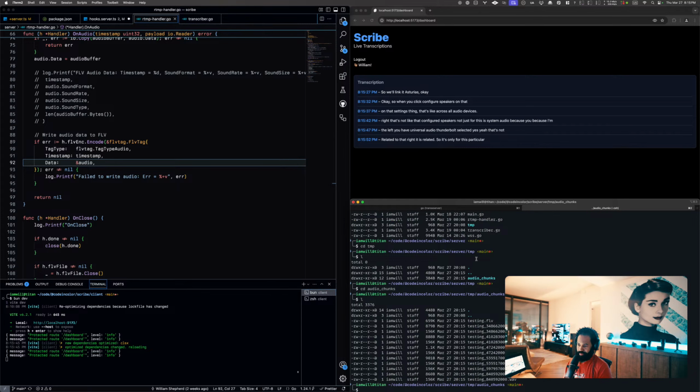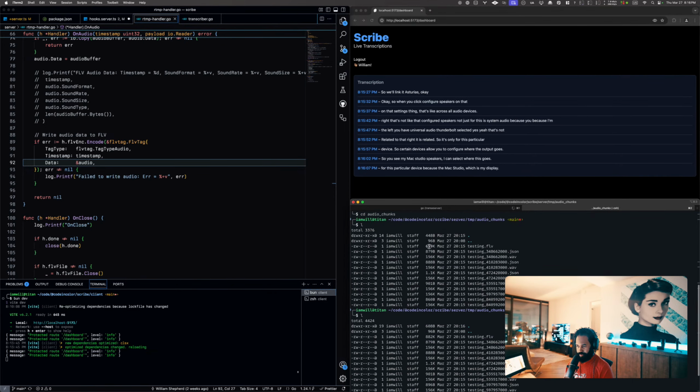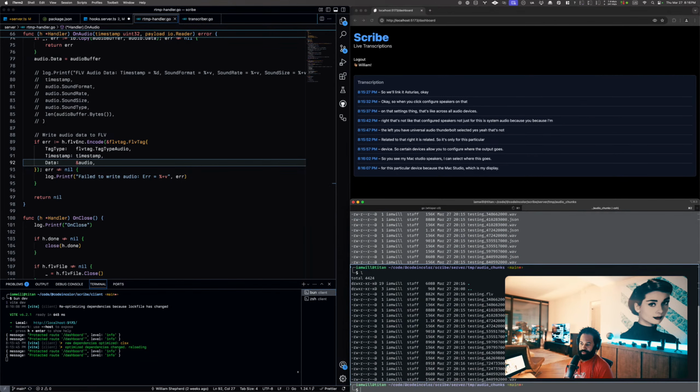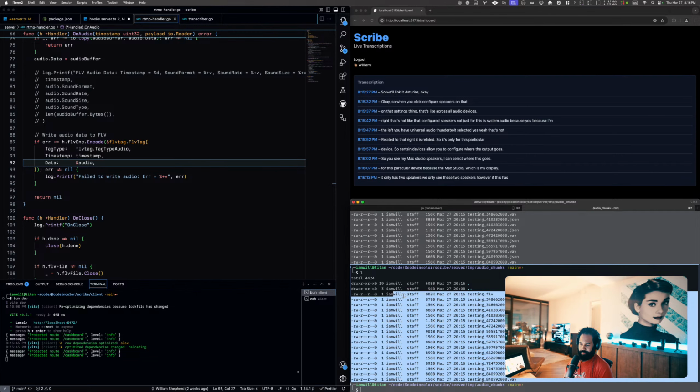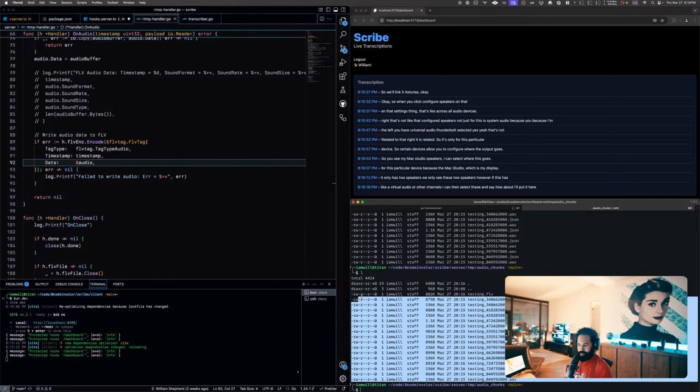There should just be one FLV file. This file should grow over time. If I print this out again, you see it's now 882 kilobytes, whereas before it was 659 kilobytes. So yeah, as I was just saying, I create one of these, and then every 5 seconds, what the